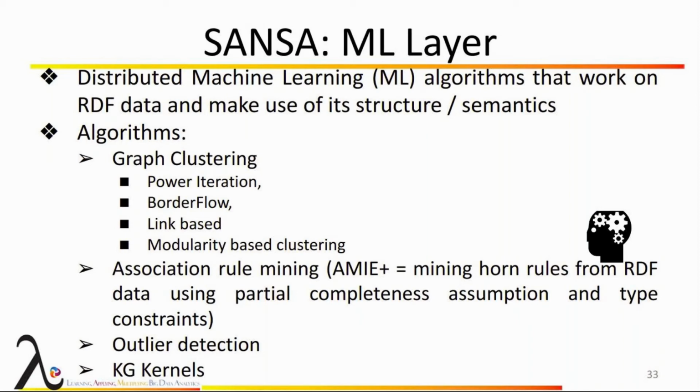So obviously, for time constraints, we won't go into the details of each layer, and we thought that the most interesting were the bottom and the topmost layer, because they give you an idea of how to start the process and what you can achieve by the very end. So in terms of machine learning, what we have is that, first of all, we adapt some of the state of the art and some of the main features that are known by researchers in machine learning directly on top of that.